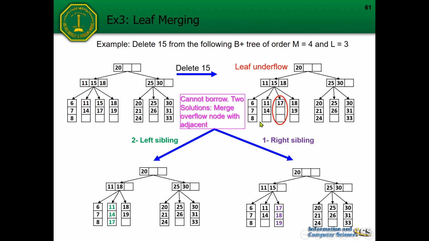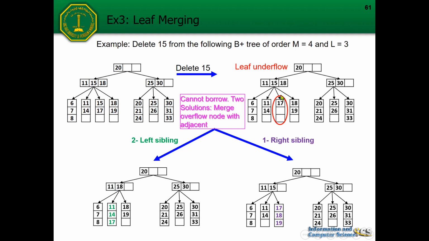Okay, we will get this new node. So now 14 is appended by 17, then we need to remove this node. You can see that if we combine this together, the 11 will stay here because the 11 is being shared by this node and this node. We are not removing this node, that's why 11 stays there.